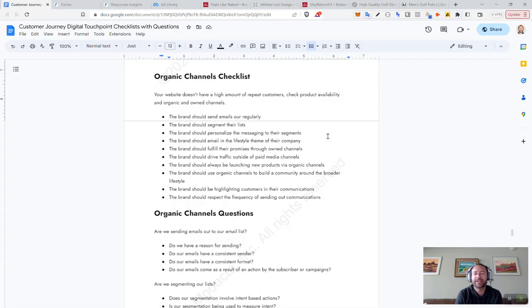You are founder led until that happens. Respect the frequency of sending out communications. What I mean by this is you don't need to be emailing people all the time. Everyone that says you need three campaigns a week or whatever in order to drive revenue is kind of full of shit. And they're setting offers and deals and specials in order to drive revenue because they're working from an agency capacity where they actually need to be doing work in order to make revenue in order to justify their costs. A lot of the times, if you build a good customer journey, people come back on their own.